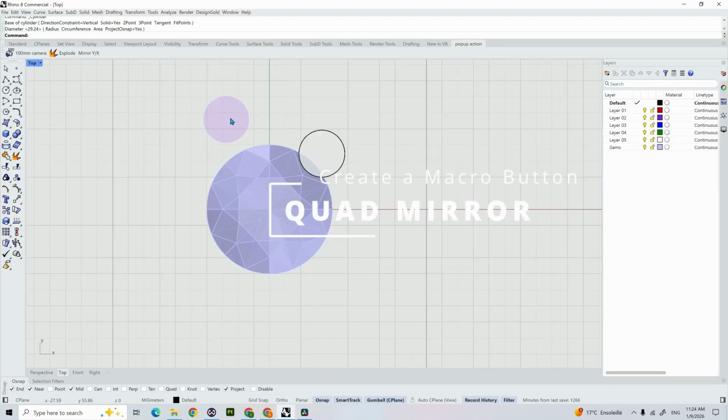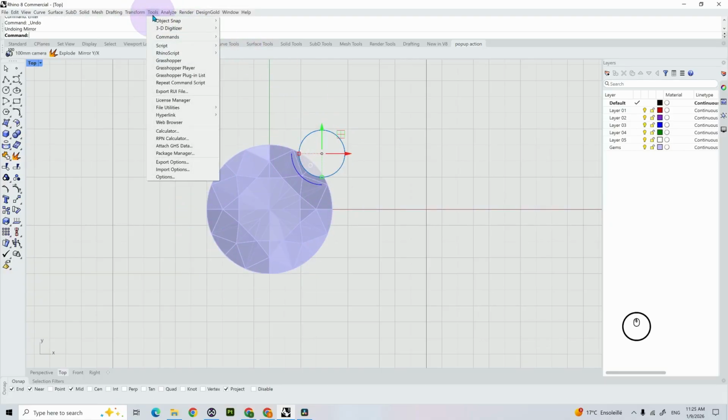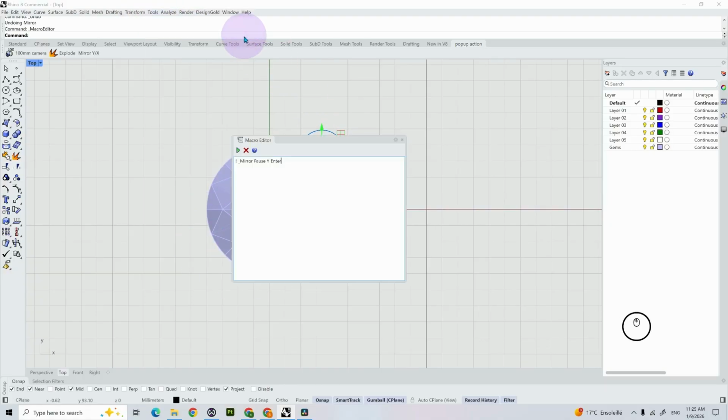Alright, now let's say that we have a gemstone and we have created a prong for our gemstone. Instead of us mirroring on a single side each time, let's say that we want to create a macro that will mirror our prong instantly on 4 sides. So I'm going to go to my tool and macro editor once again. I'm going to delete the enter command, return to a new line,